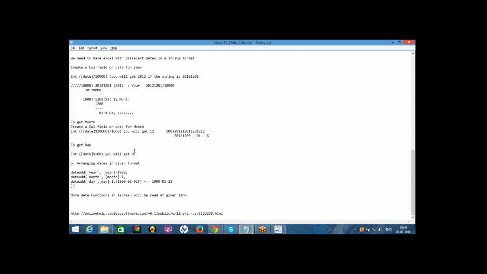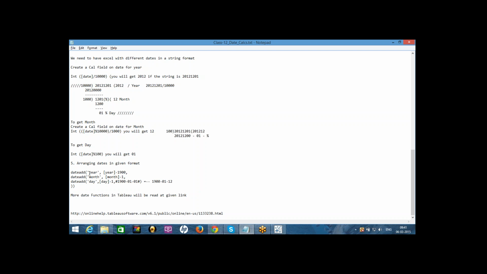Here, for detailed understanding, I just divided it into three calculated fields. I wanted to make you understand that this is how we can divide it using three different calculated fields. Once we divided it, we get a formula to bring it into the date format. One more calculated field we will write to get all these date parts which we created: year is a calculated field, month is a calculated field, and day is a calculated field.